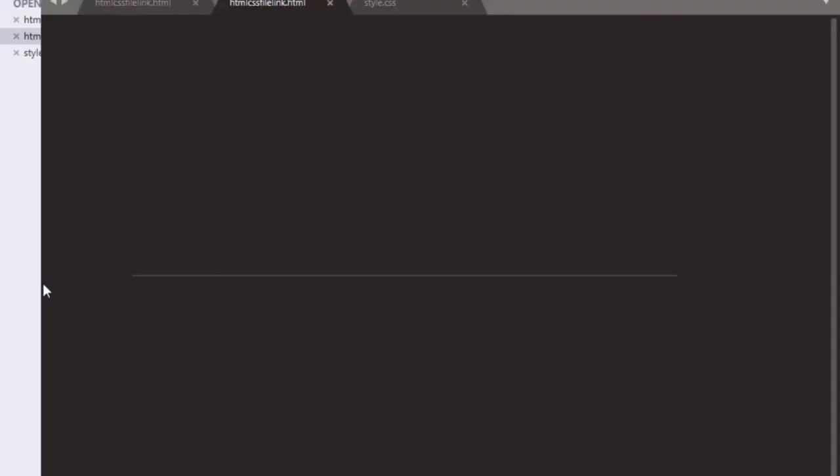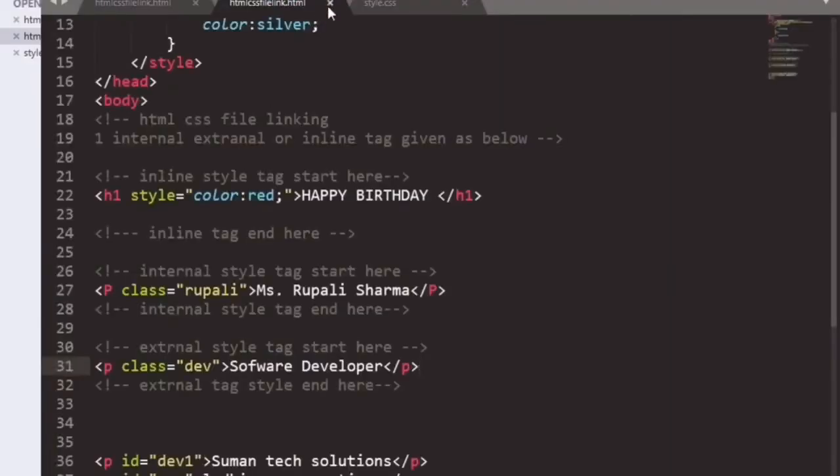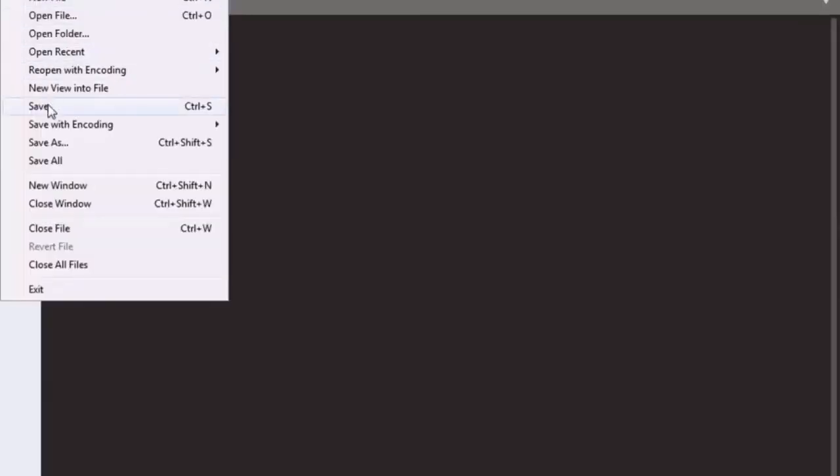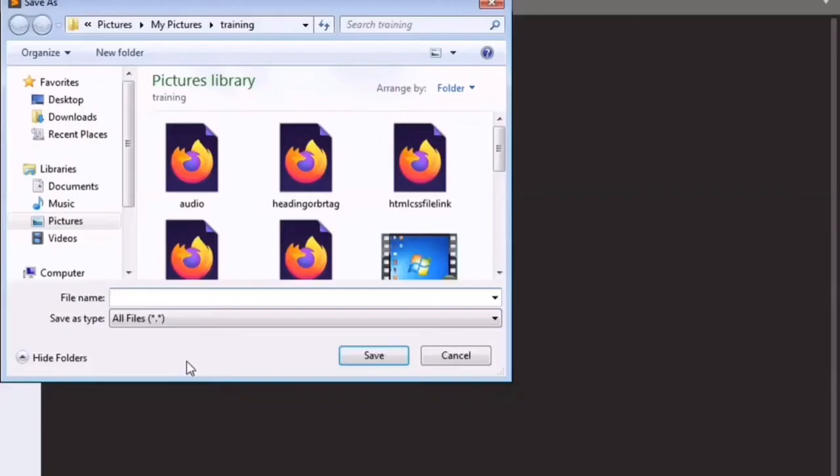Now we will open our Sublime Text and create a new file. Suppose we are creating the file with the name and extension div.html.